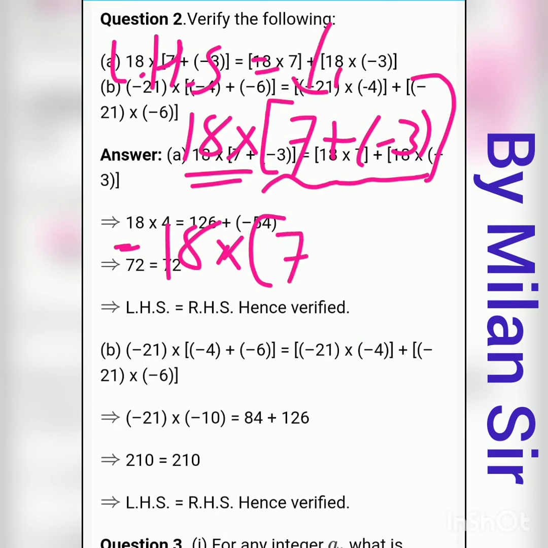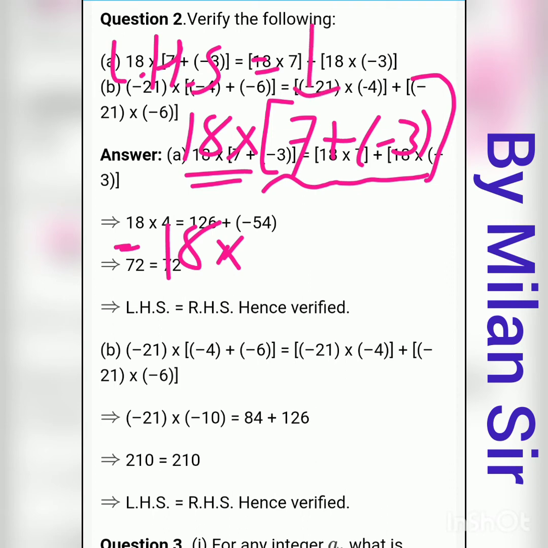Why? Because in the second term we have two signs. So first of all we need to convert these two signs into one sign. That's why 7 stays as it is. Here plus minus minus 3. In between plus and minus we have one bracket, that means multiplication, so plus minus minus, so 7 minus 3. Again I repeat this thing.